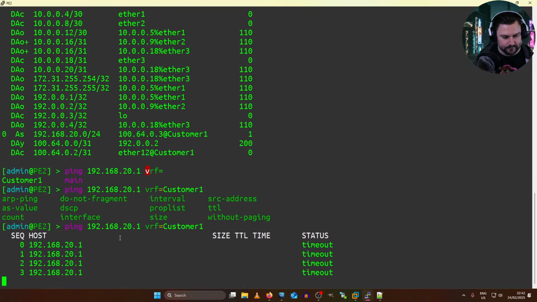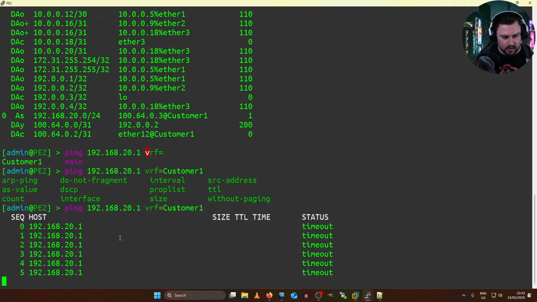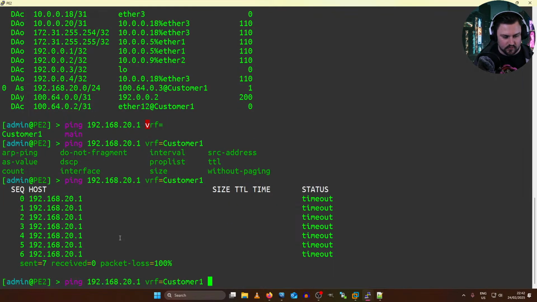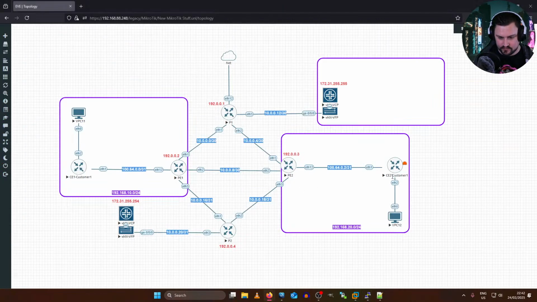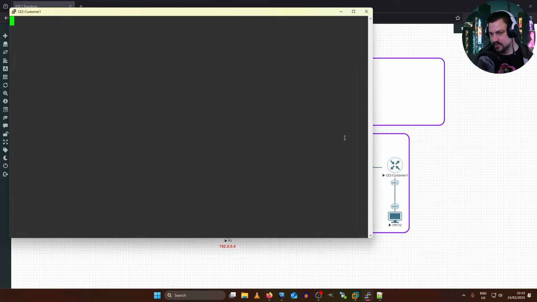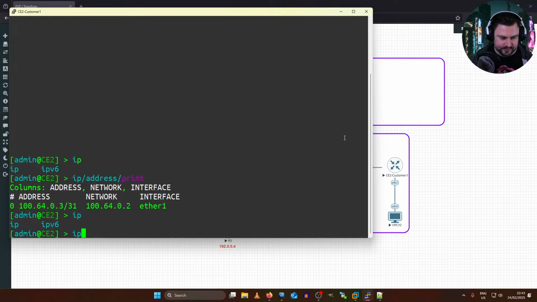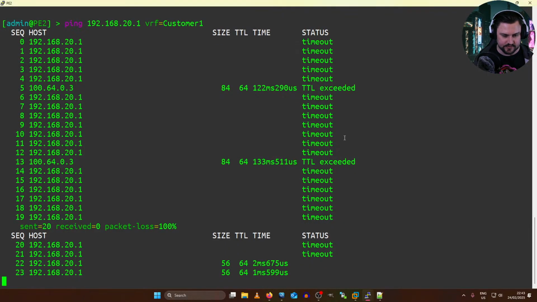No, I can't. And I need to check why. It might be a few things. It might be that I haven't created that network on this customer edge yet. I actually think that's the case. So let's just do an IP address print. Yeah, that's the case. So I can just add that IP: 192.168.20.1/24 on my Ether 2, and then I should see that it's actually responding now.